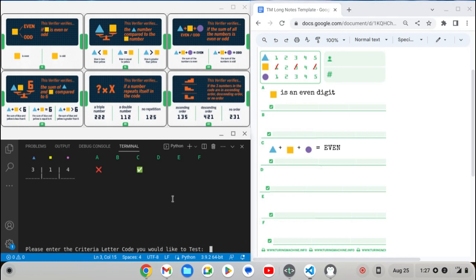Yeah, let's go ahead and test E. Okay, so again, it does agree with my proposal. Notice that 314, there are no repetitions. And that's what the Turing machine is letting me know, that the solution has no repetitions. So let's go ahead and type that up in our notes for section E, that the solution